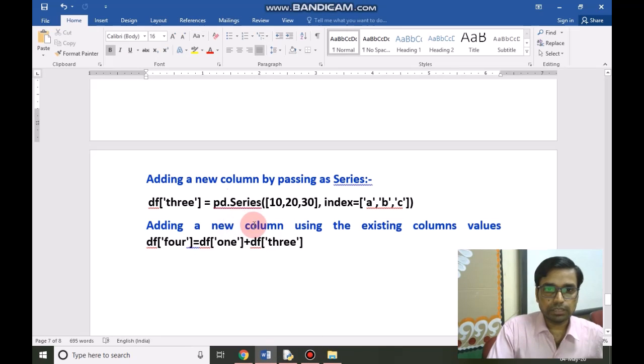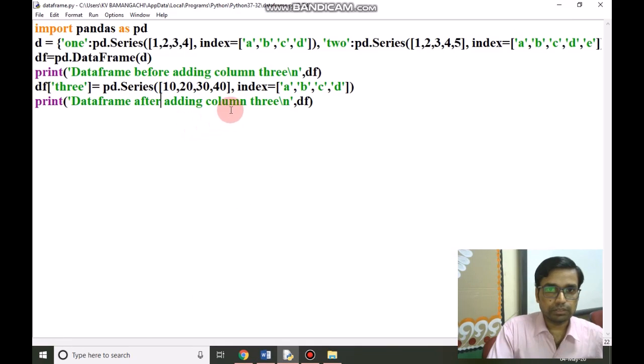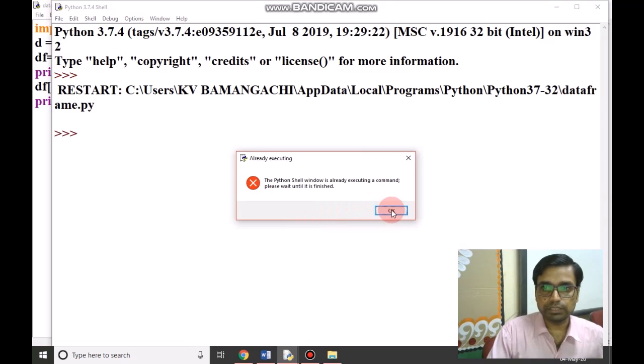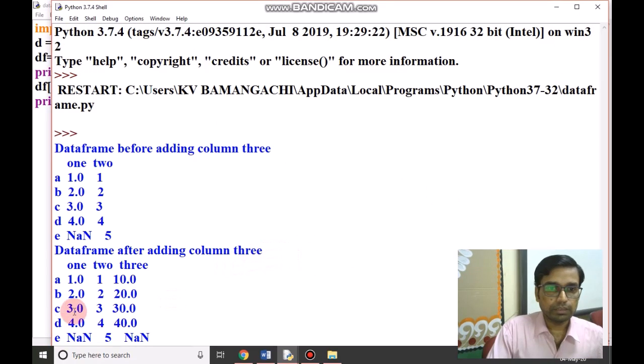Next point is adding a new column using the existing column values. How can we add a new column with the existing columns in a data frame? When we run this program, you find here there are 3 columns.